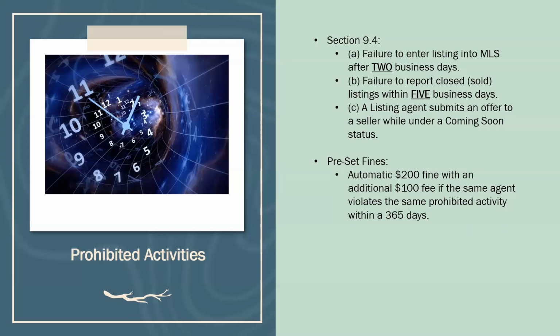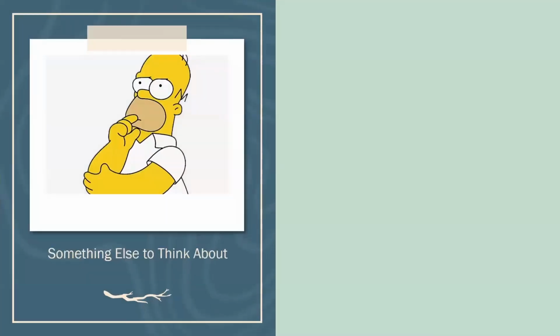A week and a half later, I get a second one, a listing that I put in more than 2 days. That next fine is now $300. 2 months later, I do it again. Now that is a $400 fine, and it's going to continue going up until you hit the 365th day of the initial violation. Then the clock resets. The idea is to get it through to you to understand that you must follow these rules. And of course, section 9.7 is initiated if the fines are not paid. And that can lead you into a world of trouble and lost access to the MLS.